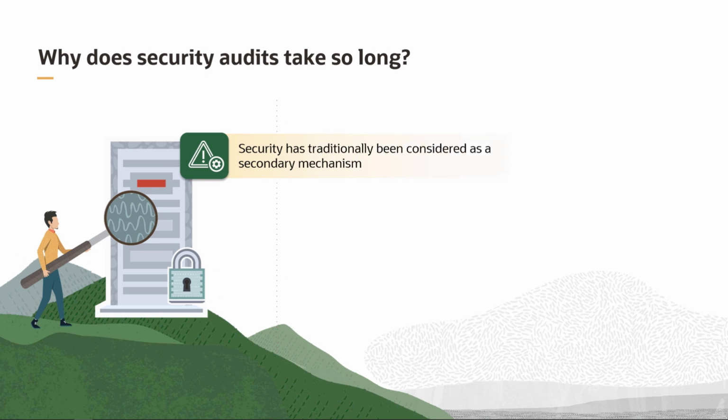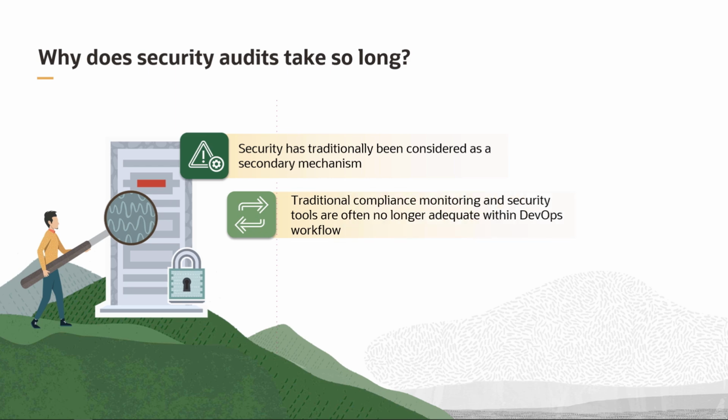Historically, security has often been treated as a lower priority in software development, with more emphasis placed on speed and functionality. Traditional compliance monitoring and security tools were not designed to keep up with the rapid pace of change in a DevOps environment. As a result, they may not be able to detect vulnerabilities or other security issues that arise from the use of microservices, containers, or cloud-based infrastructure, which are often used in DevOps workflows. This can lead to security vulnerabilities going undetected, requiring more time and effort to identify and address, which can slow